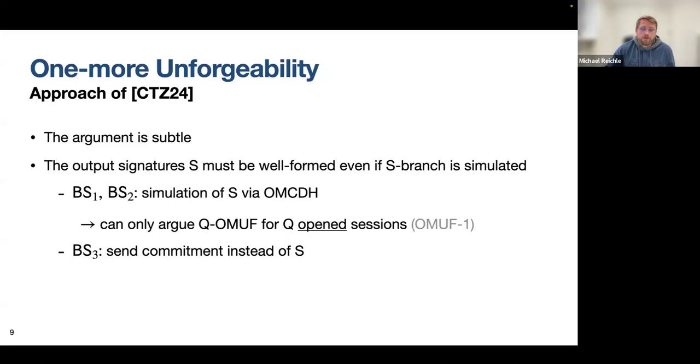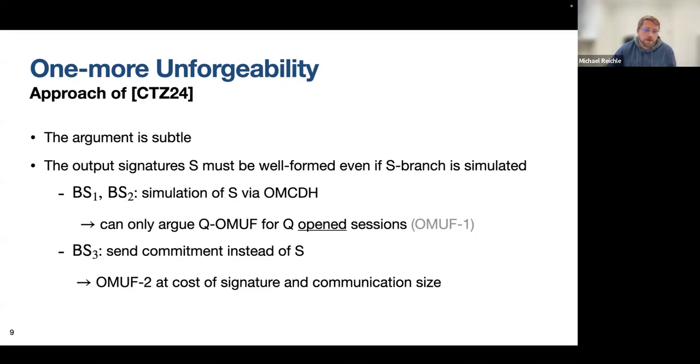OM of 2, essentially because they observed that they can commit to S instead of giving S in plain in the first round, and then they open this commitment in the second round. And this allows them to get OM of 2 at the cost of increasing the signature and communication size,